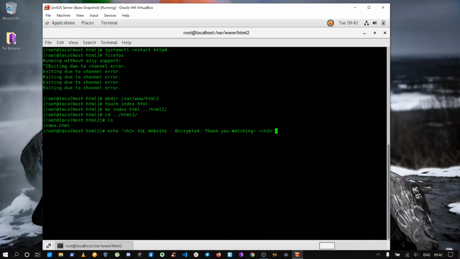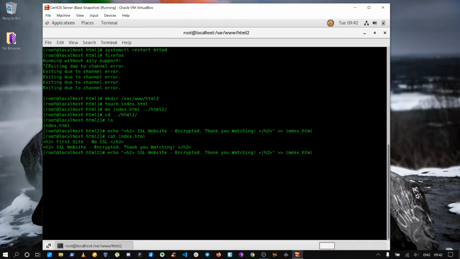h2. So we'll map this into index.html. Cat index.html. Yes, we have that. Anyway, in that case there is no file in html2. What did I miss?